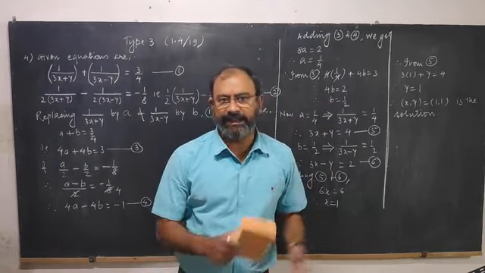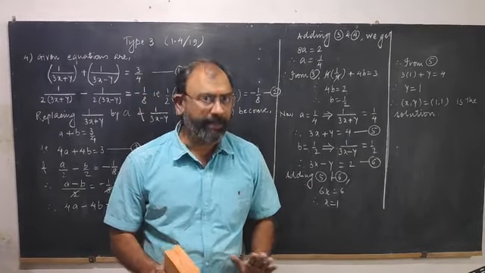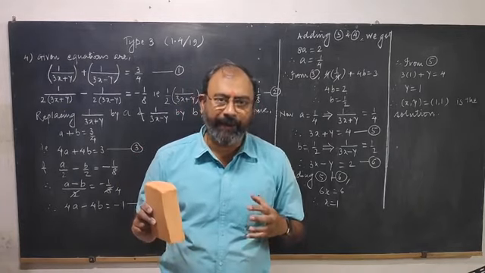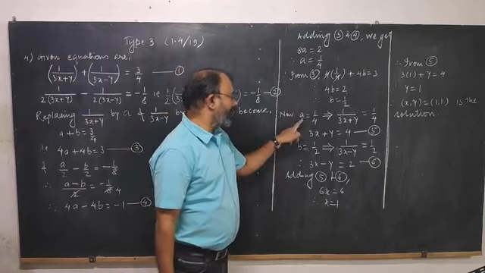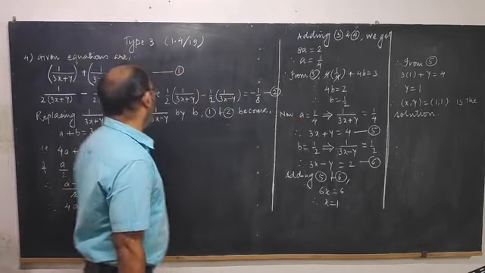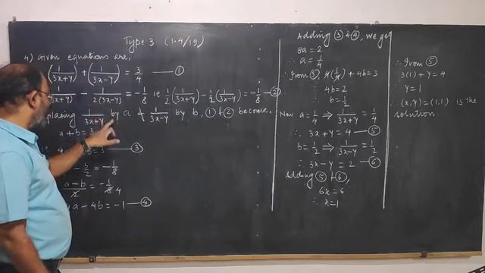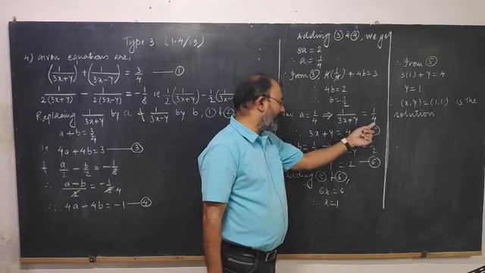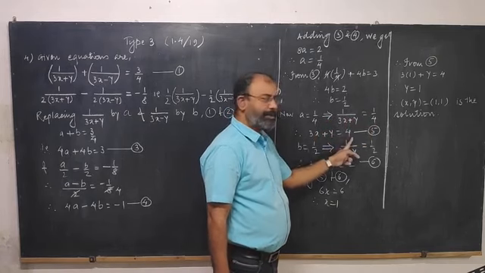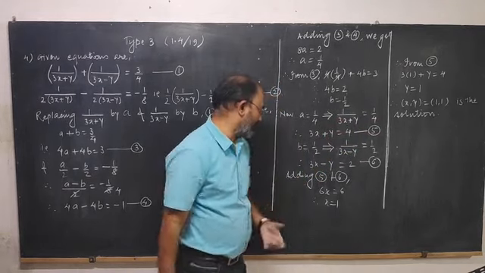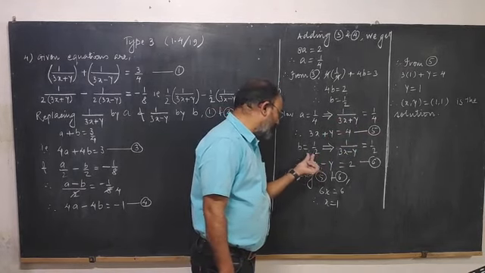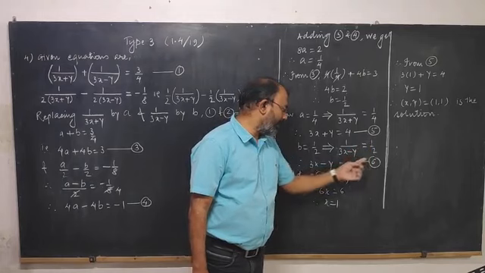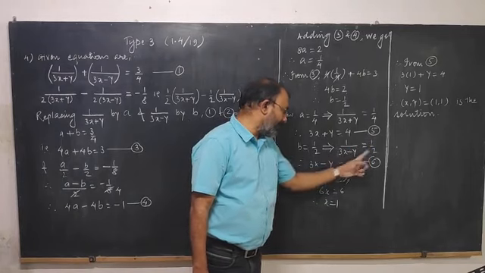Again I am reminding you, as I did in the previous example, the values of a and b are not the required values. We want to find out the values of x and y. So a is equal to 1 by 4, but the value of a is 1 upon 3x plus y. So 1 upon 3x plus y is 1 by 4. By invertendo, or by cross multiplication, 3x plus y is equal to 4. Second, the value of b is 1 by 2, but the original value of b is 1 upon 3x minus y. This is equal to 1 by 2. Again by invertendo, 3x minus y will be equal to 2.